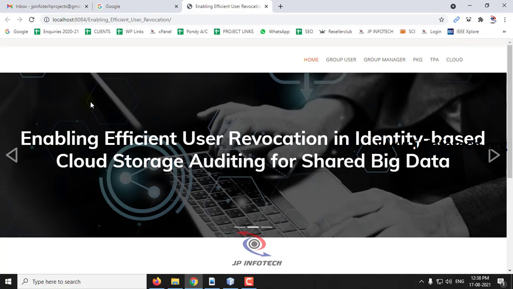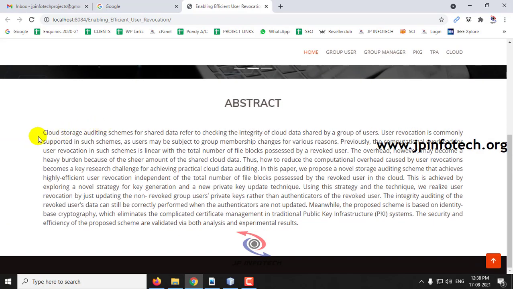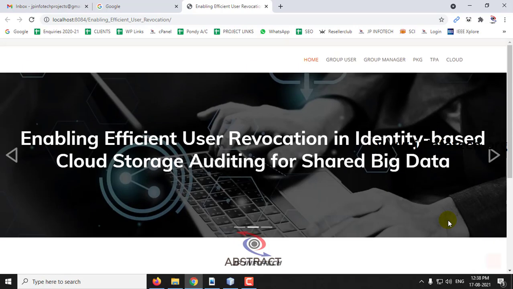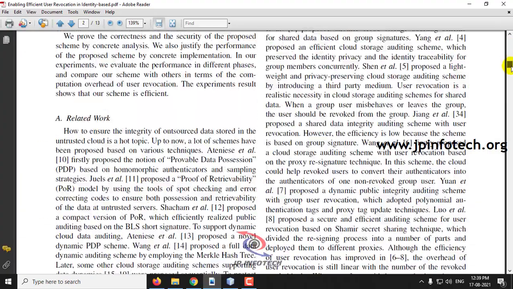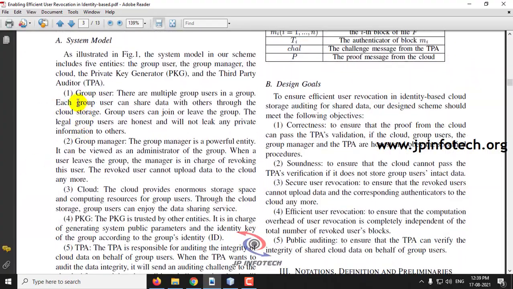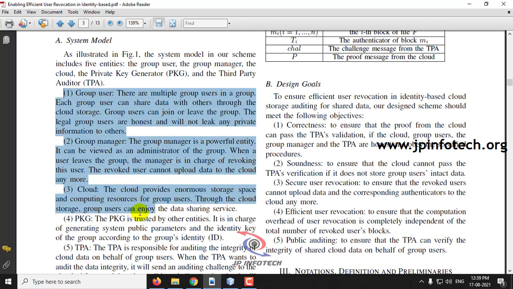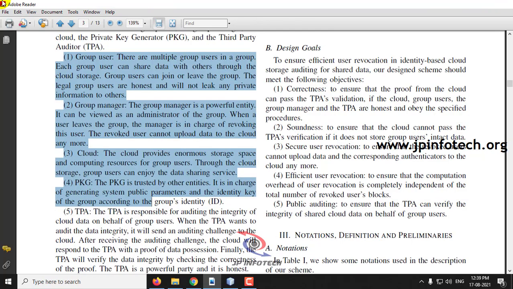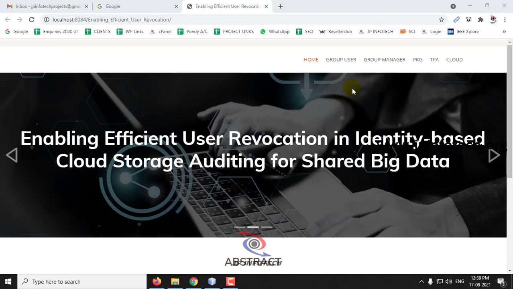User Revocation in Identity Based Cloud Storage Auditing for Shared Big Data, and the abstract as mentioned in the base paper. Here you can see the entities, that is the group user, group manager, PKG, TPA and cloud. These are the entities mentioned in the architecture, and you can see each entity's functionalities over here. Now first let us go to the